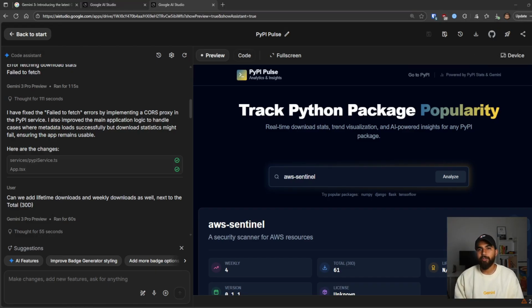But for this video, I wanted to quickly show you what vibe coding with Gemini 3 looks like, specifically in AI Studio. Now, for the next video, I want to try out Google's Antigravity, their own AI code editor,